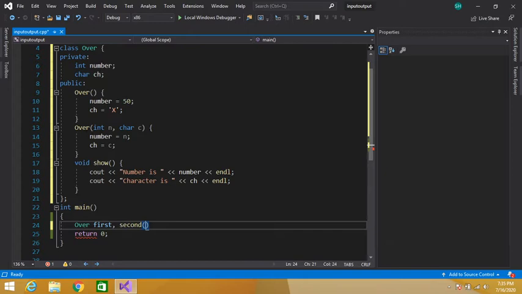The second constructor accepts two parameters, so you have to pass two values here. First an integer value, second a character, let's say 600, and second we will pass a character, let's say capital A.